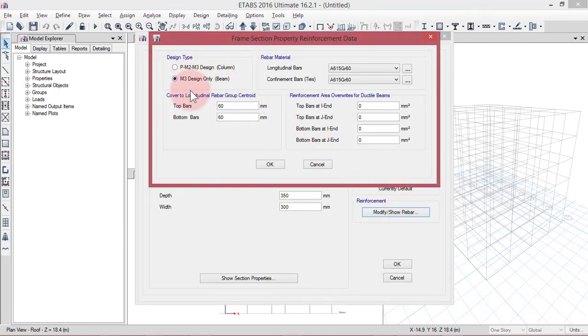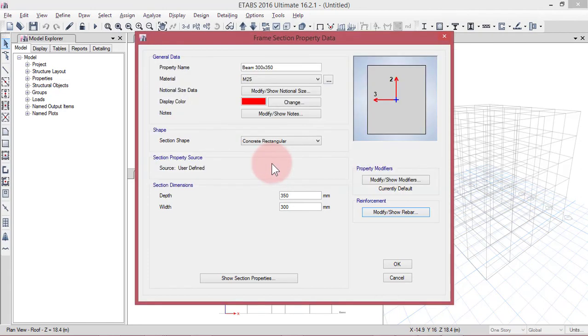The design type is M3 design only. Change the longitudinal bar to 500 and the reinforcement confinement bar, the stirrups, to 415. Then keep the cover to the longitudinal reinforcement as it is. Okay, the depth is 350, width is 300. Fine.